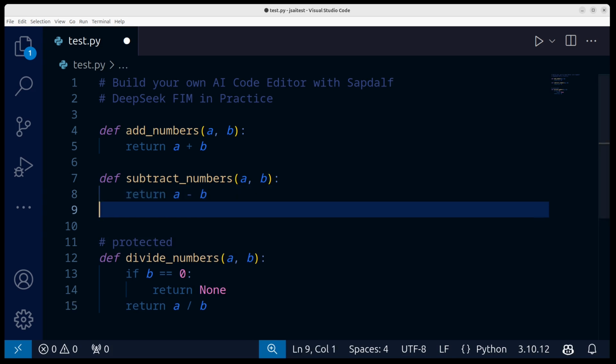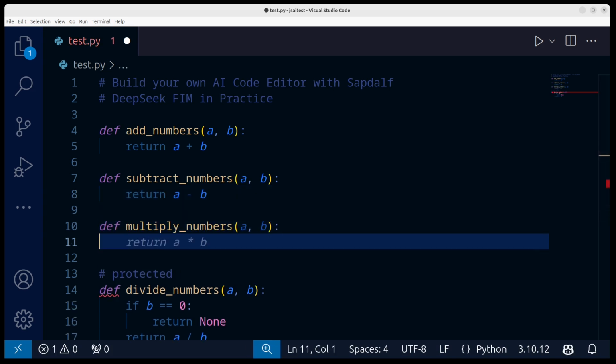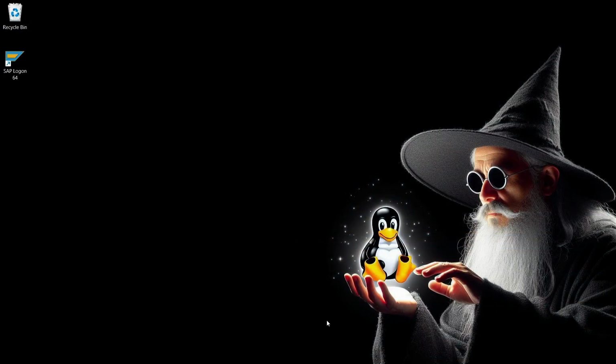The technique we will talk about today is fill in the middle, or FIM for short. It is very often used in AI-driven code suggestions. In this session, we'll focus on practice, and you'll learn how to implement a basic AI code completion feature using JavaScript and the DeepSeek API. Let's jump right in and get started.